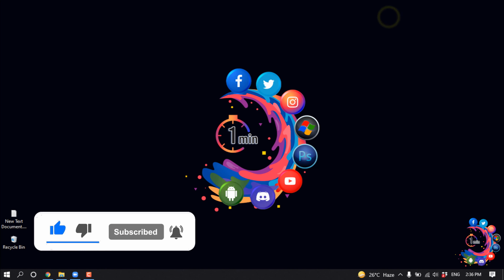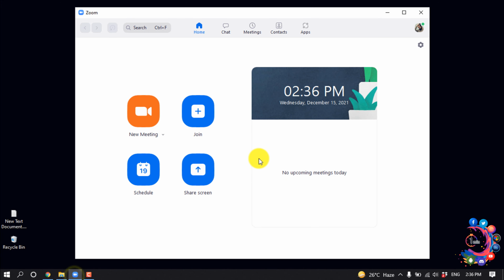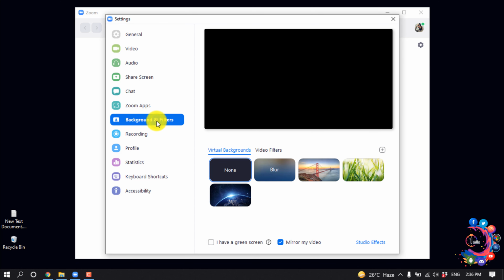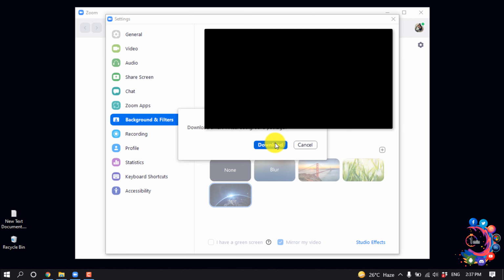First of all, open your Zoom software and then click on this settings icon and click on background and filters. And after that, here we can see virtual backgrounds option, and from here you can easily choose any background from